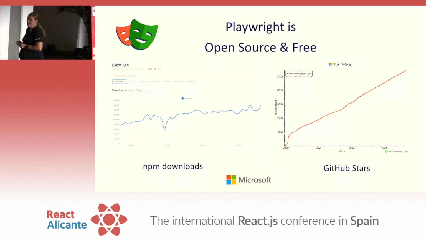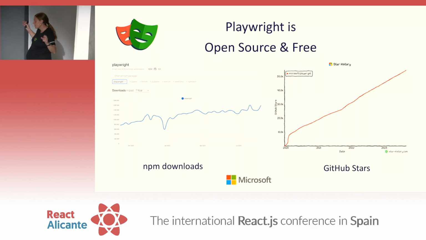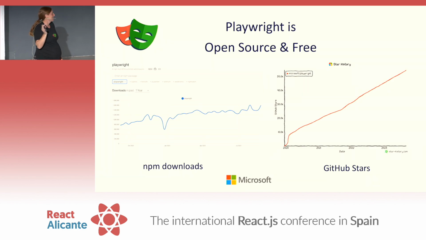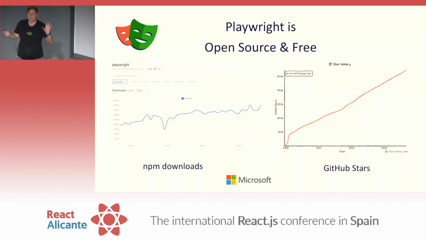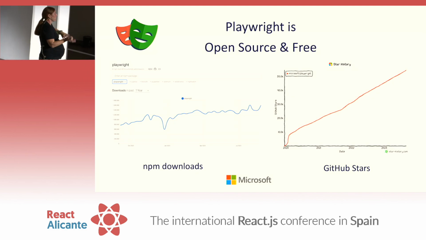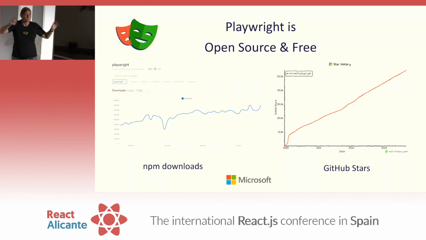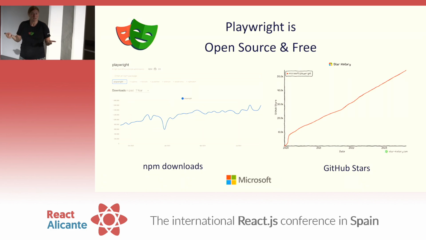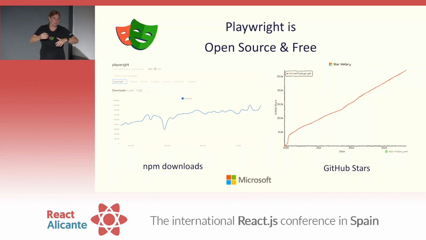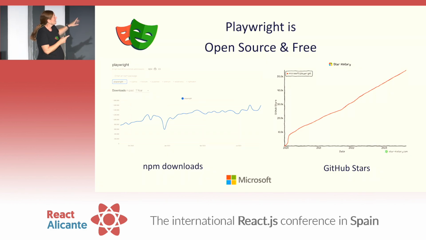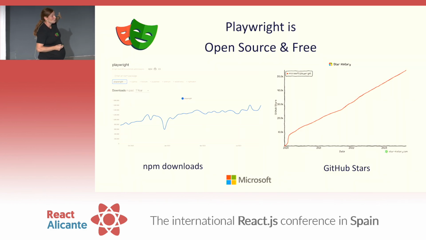But if you are a big, massive company, I'm going to share something that is going into public preview in, I don't know, 10 days or 2 weeks. It's in private preview at the moment, so you can go and test it out. The Azure team has created a service. If you are putting your stuff on Azure and want to scale on a big scale, you can pay money to Azure and use Playwright to split your tests and make it super, super fast. So if you've got 2,000 tests and you're a big company and you want to pay money, you can totally do that. But that's the Azure team. We're the open source team.